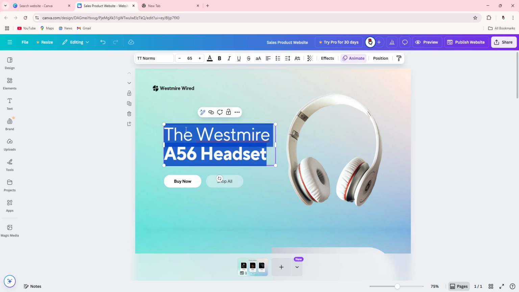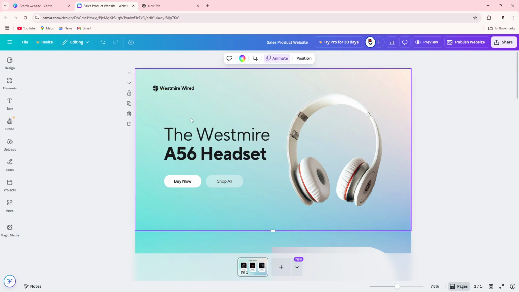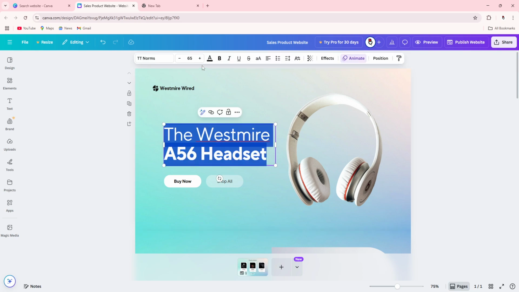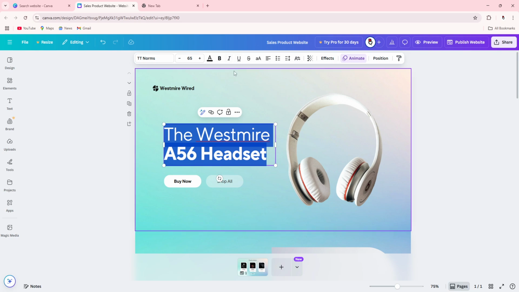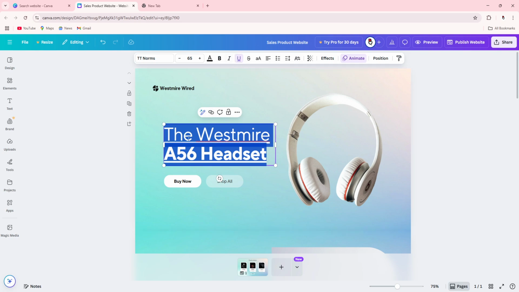For example, you want to edit this text, then you have to choose the text first. Then here you can see this is the color option, this is the bold option, and this is italic, and this one is the underline option. If you choose it, then there will be an underline after your text. And let's say you want to increase or decrease the size of your text, so you can do it from